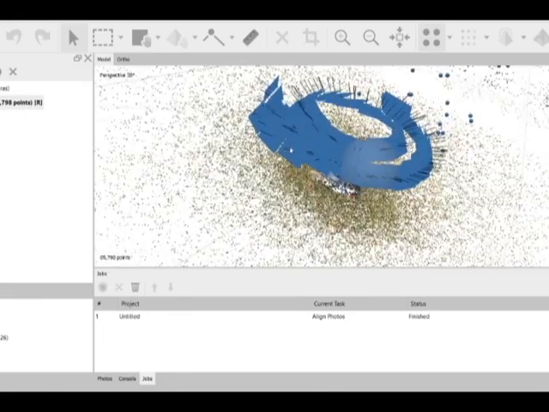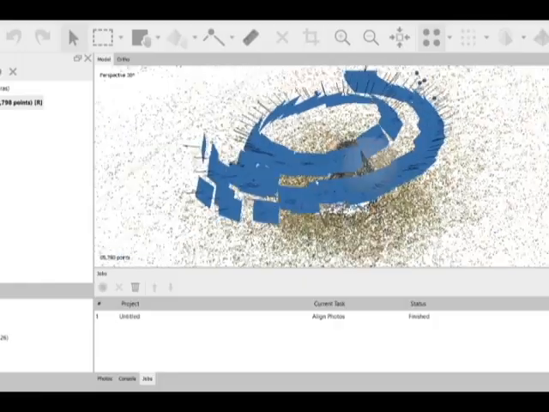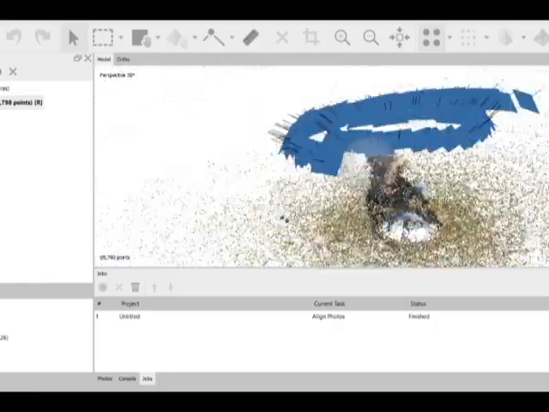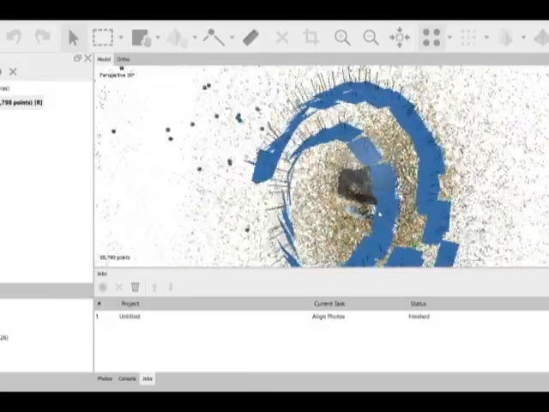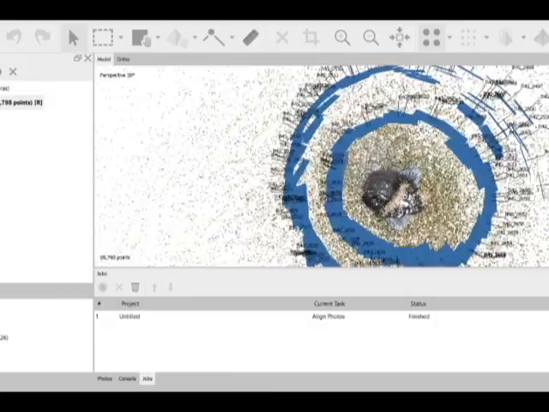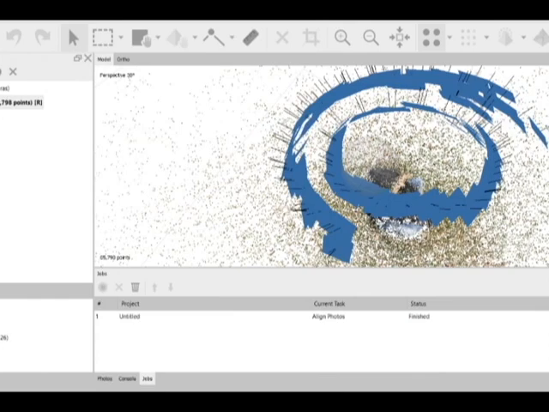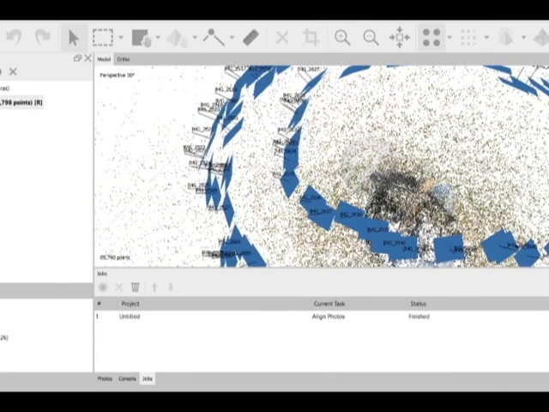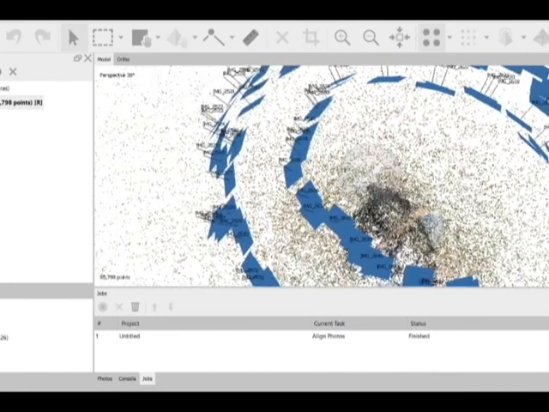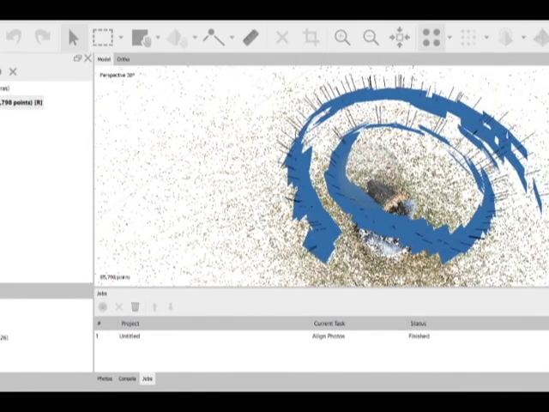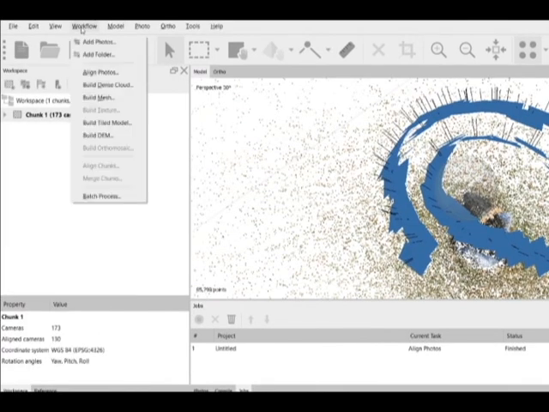Let's go to the dense cloud, and we built the dense cloud already. The next step is to build the mesh, and the mesh will assemble it and give us the structure. It will be a pattern of triangles assembled together. That algorithm will give us the shape that is close to reality.